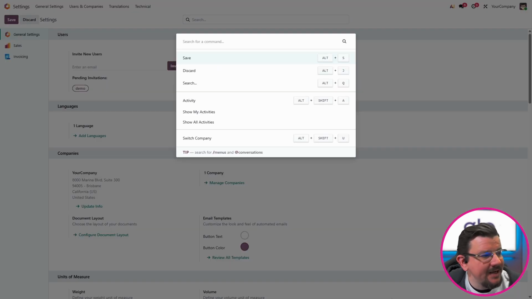Control K again, and you'll notice that while I'm in a particular record, the default for the command panel is various different actions that I might want to take. I might want to save, I might want to discard, I might want to search, I might want to create an activity, I might want to switch company if I'm in a multi-company system. The command panel lets me do all of that without taking my hands away from the